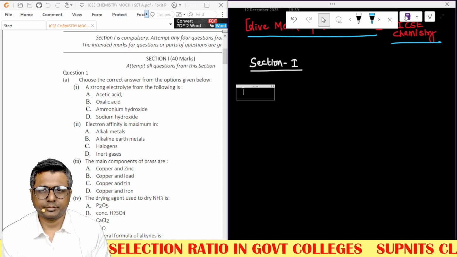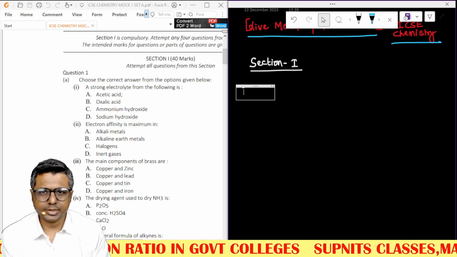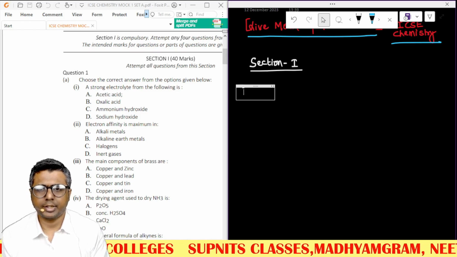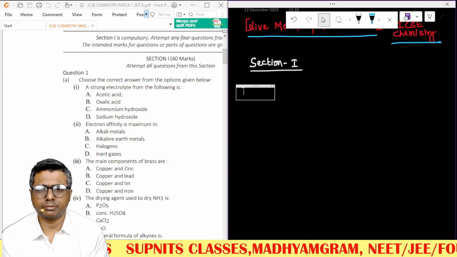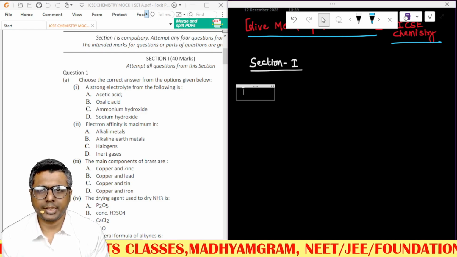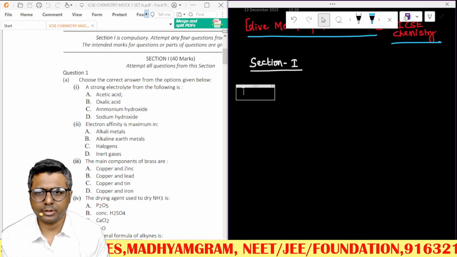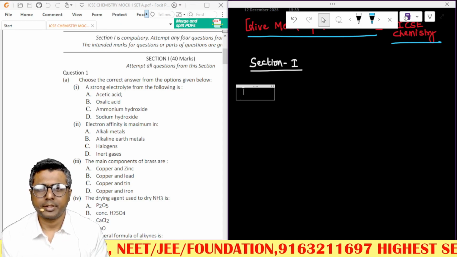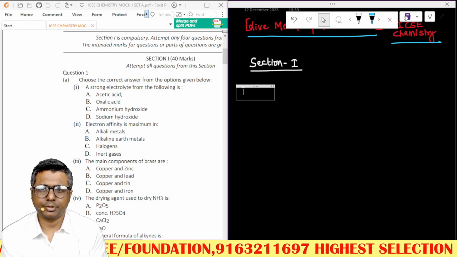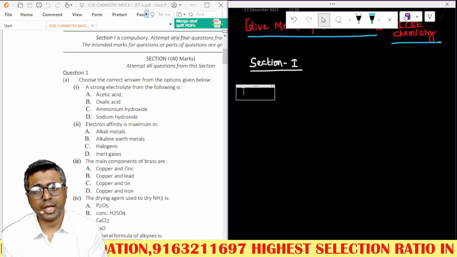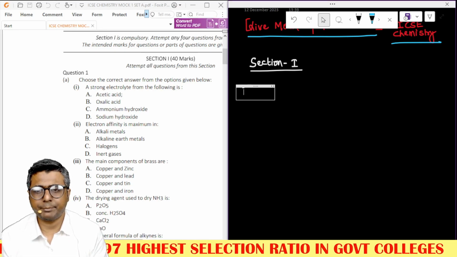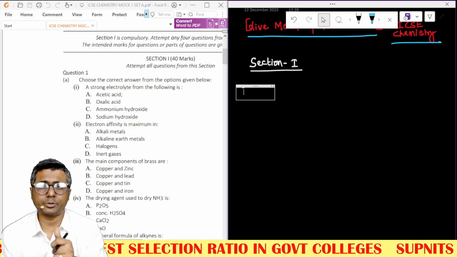So I hope each and everyone who have given the test has done well up to whatever they have studied, and those who have not been able to give the test very well, remember the mock test is not the final test. This is the first mock test that you have given here, and time will come where you can score more if you have not done well. If you have done well, then I will say keep up the good work, you are on absolute right track,